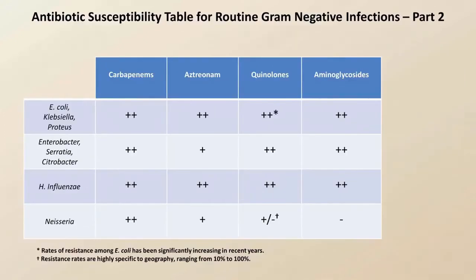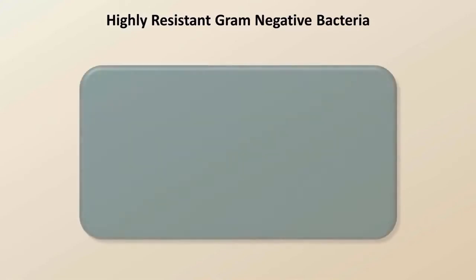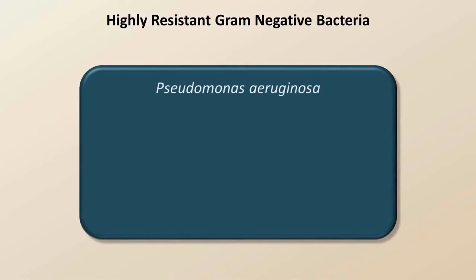There are a collection of gram-negatives that are classified as highly resistant. That term is variably defined, more so with the gram-negatives than with the gram-positives, as we saw in the last lecture. Based on how they impact the clinical care of a patient, I personally consider the highly resistant gram-negatives to be, first, Pseudomonas,